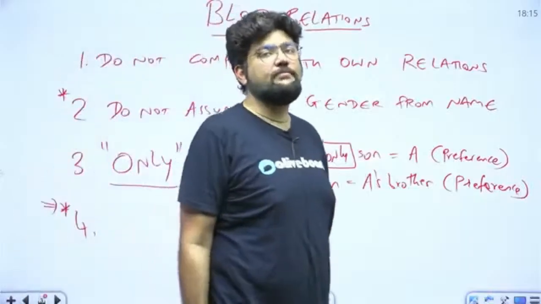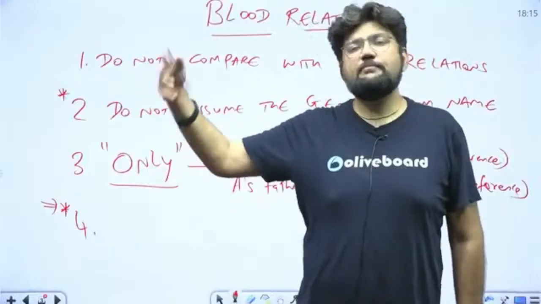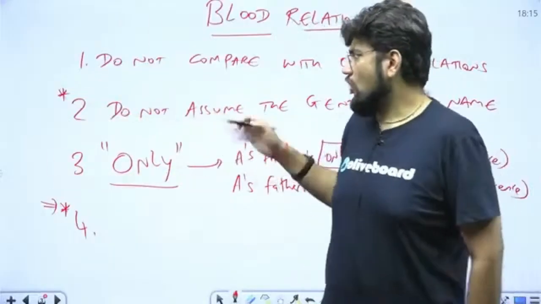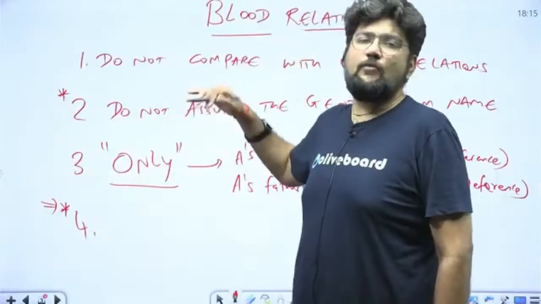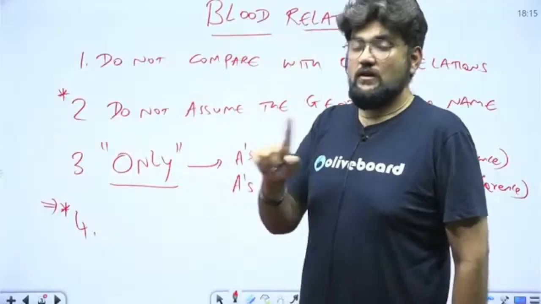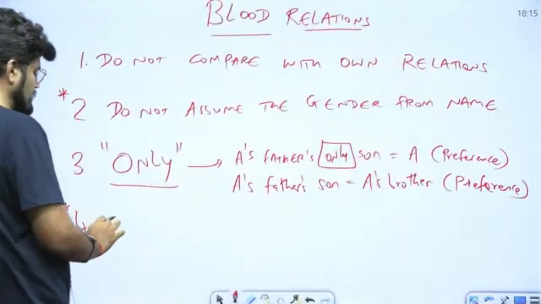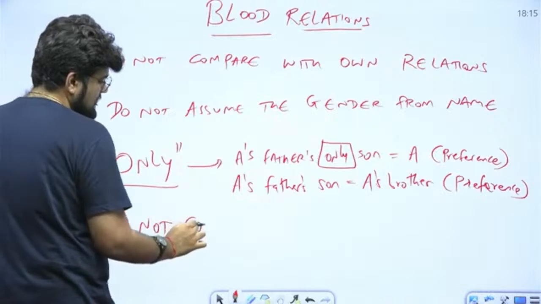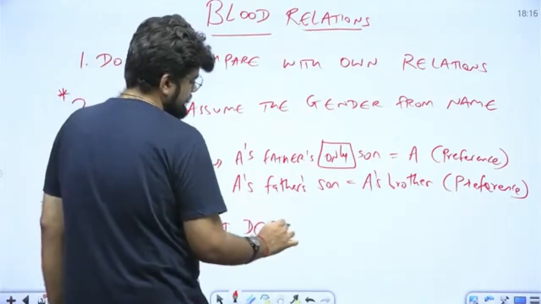A lot of people end up giving the answer 2, because they say A is the widow of B. That means B was the husband, but he's dead. A is the wife. So they straight away start drawing the tree and convert it. How many male members? 2, and they give the answer. Do not count dead members unless and until specified. That is why I have stopped teaching it, because they have almost stopped asking this question. But still I am letting you know here, do not count dead members